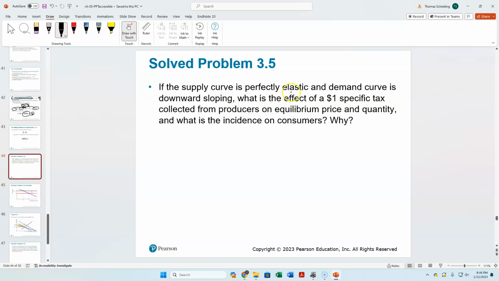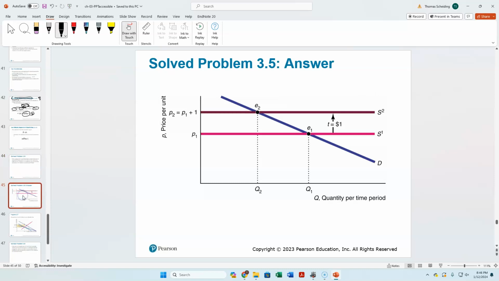And then if we have a perfectly elastic supply curve and the demand curve is just regular downward sloping, how would a $1 specific tax, meaning unit tax, affect consumers and producers? Well, what we can see here is, again, we would shift the supply function because this is legally being imposed on the sellers. So it would raise the price by $1. But because it is perfectly elastic,